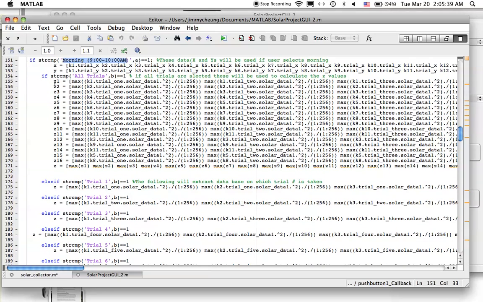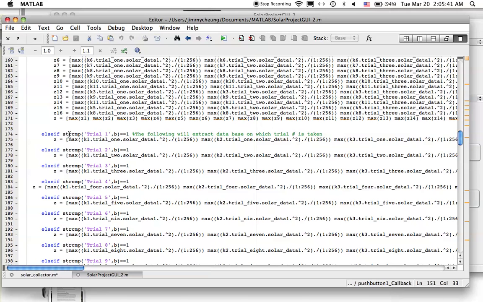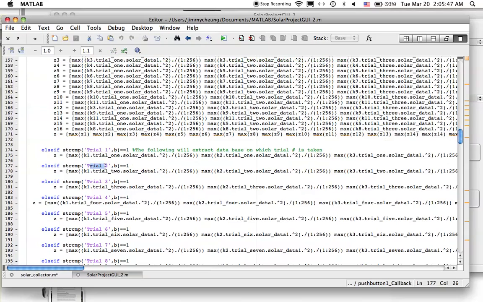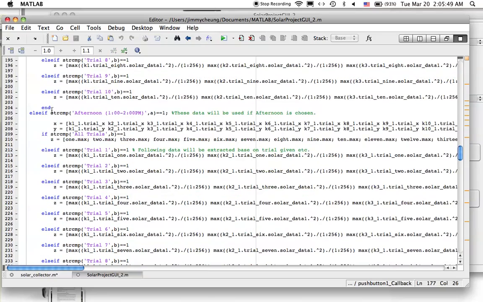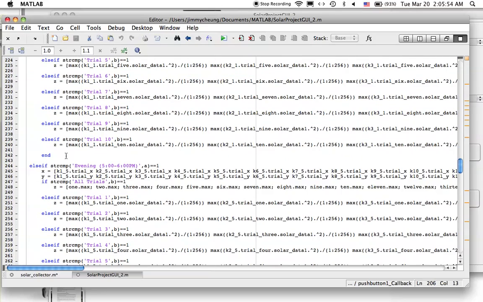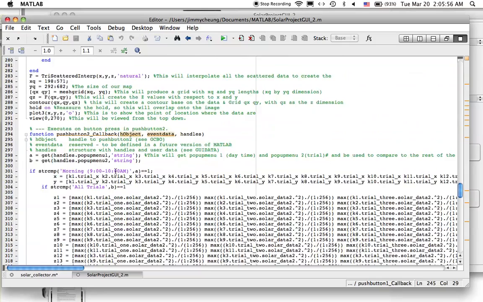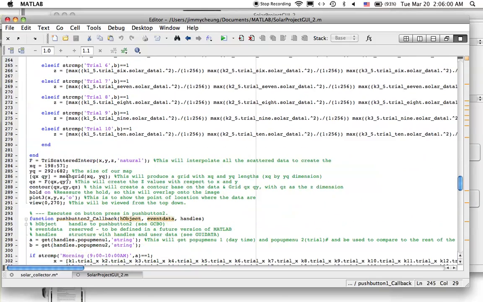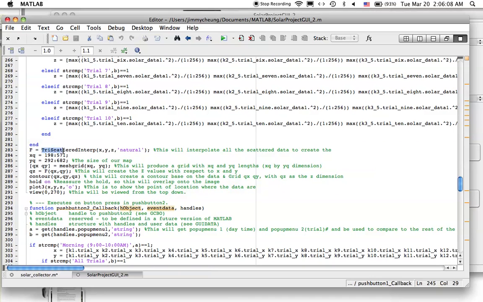and the following string comparison will extract the data from each separate trial. This one's trial 1, this one's trial 2. Everything else is pretty much similar, except this one's for the afternoon and this one's for the evening times. So once your data is selected, and assuming everything goes without error, the GUI should first, using TriScatterInterp, interpolate the data of X, Y, and Z,